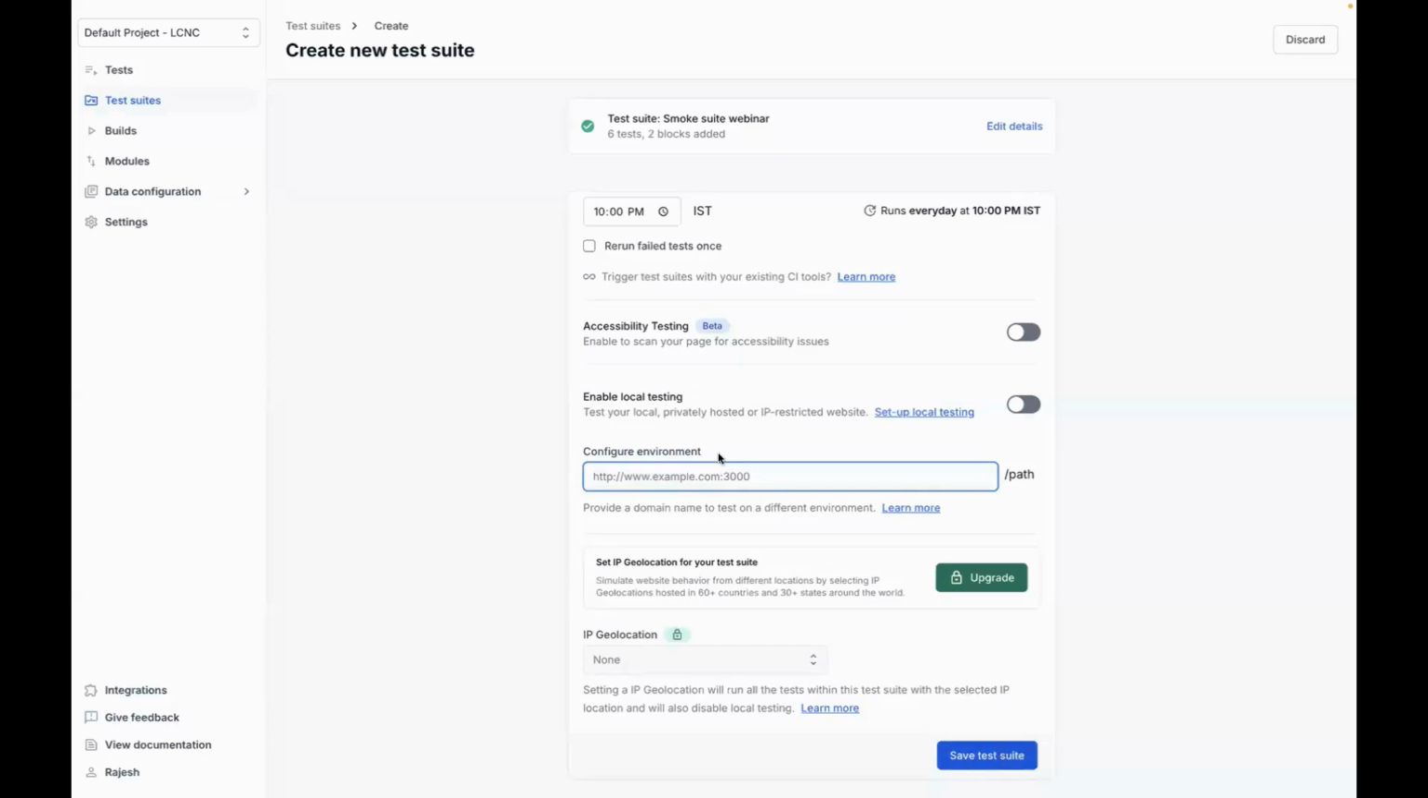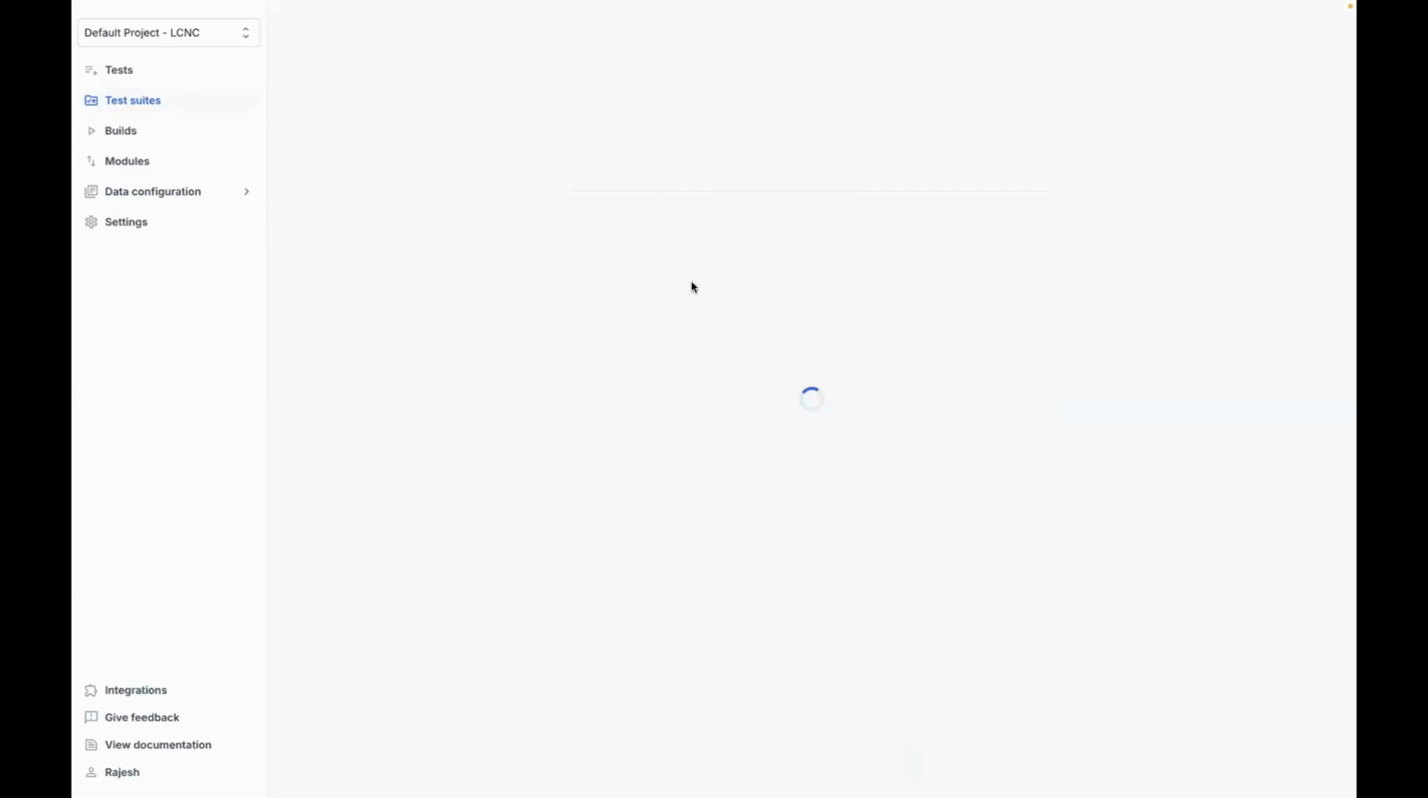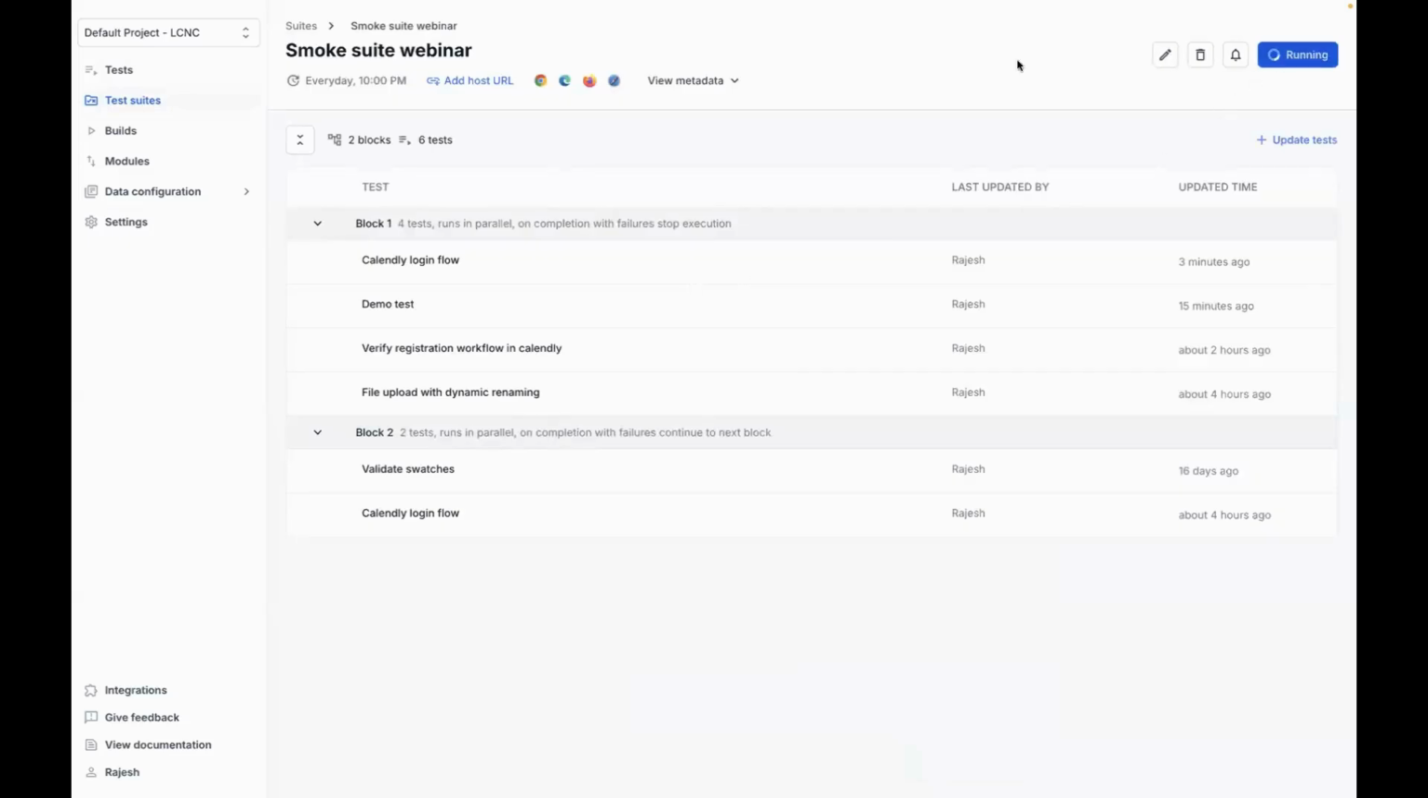Right, so you can save the test. So all the tests within the suite would run on that specific environment URL itself. So you don't have to maintain different tests for different environments. You can author your tests on any environment you would like, and you can run on any environment by using this configure environment option. So you can save this test suite, and when you hit run, it will trigger a